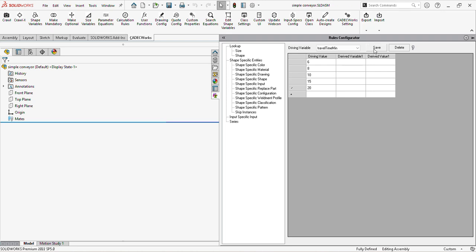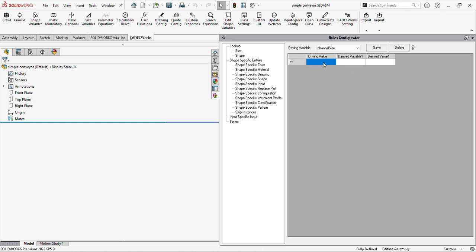Suppose this conveyor is used in some process. The process time for which the component should be on the conveyor is specified by the process designer. So the conveyor length is calculated based on this process time and the conveyor speed. So I'll save this,